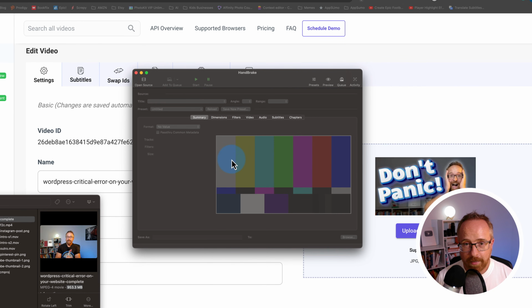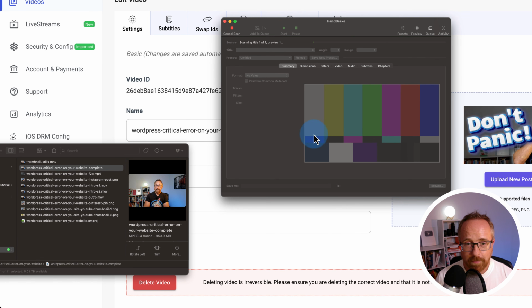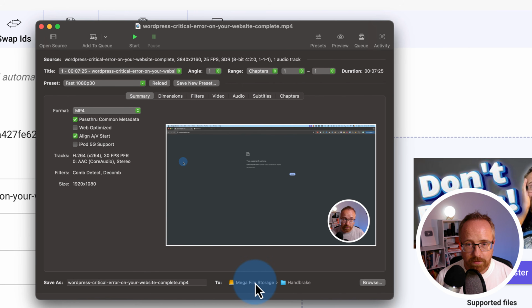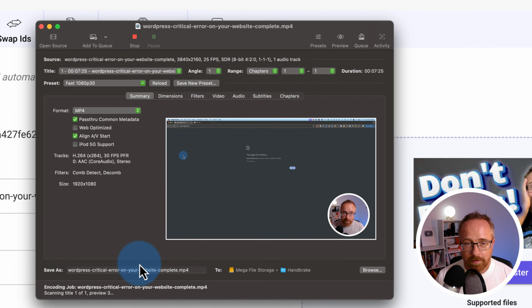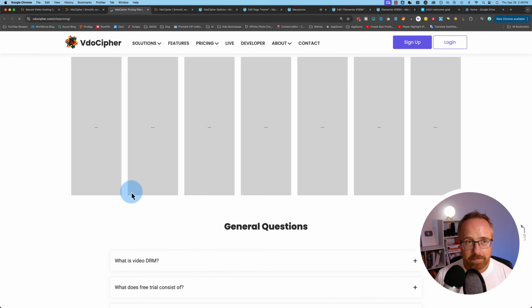Handbrake is a super simple app that you can get on Mac and on Windows. You can just drag and drop a video into there, and I have it set to save to a Handbrake folder. It usually has pretty good settings right out of the gate, but you can look up a lot of settings to make this a highly optimized video. Just click on Start when you're ready to go. It's going to run through the entire video and compress it without losing much quality. And even if you lose a little bit of quality, it's probably worth it in the end when you're saving all that bandwidth. While that's doing that, let's look at the pricing to see what kind of plans VdoCipher has